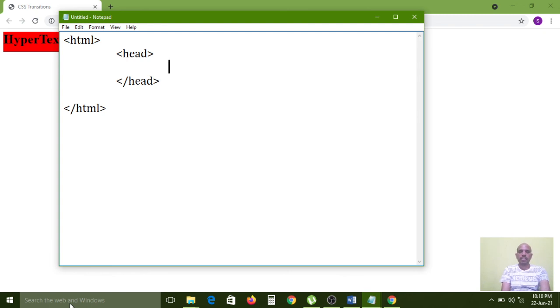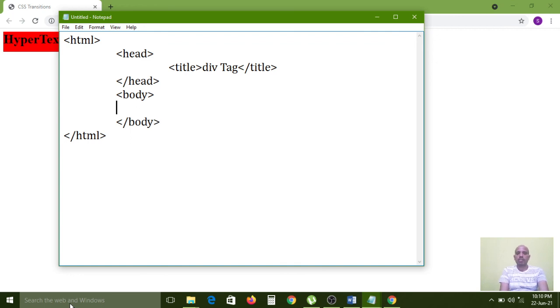So the title tag, opening and closing title tag. Now here I want to give the title of the web page, div tag. So here body opening and body closing.